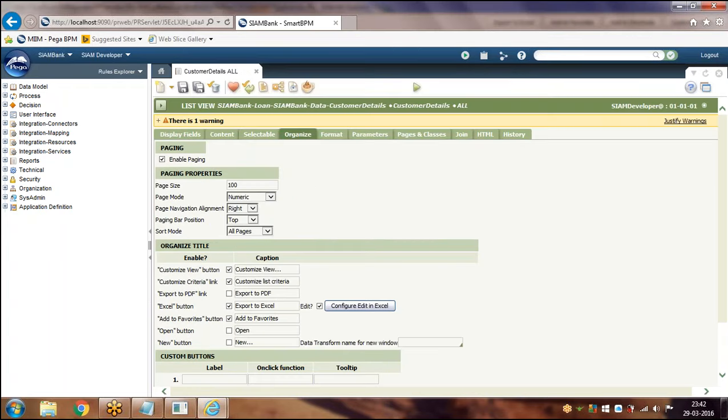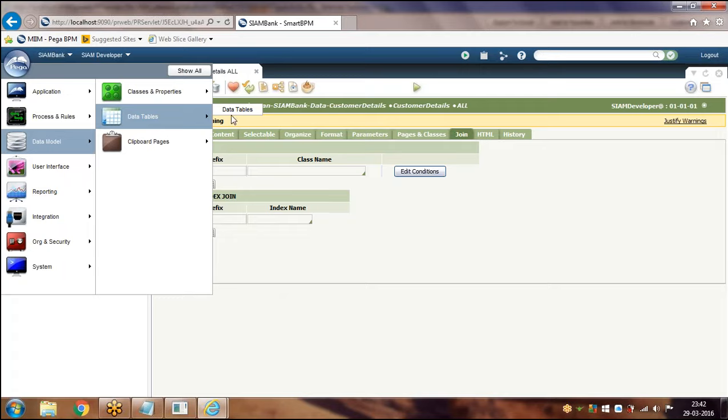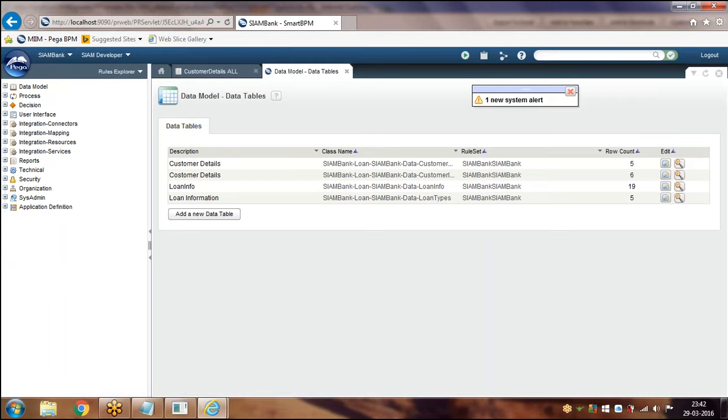Okay, and in a list view, joins are also possible. So here you might be having the data in two tables to be shown. Like now we have all the data in a single class itself, the customer detail class.